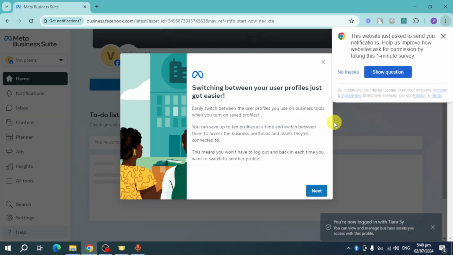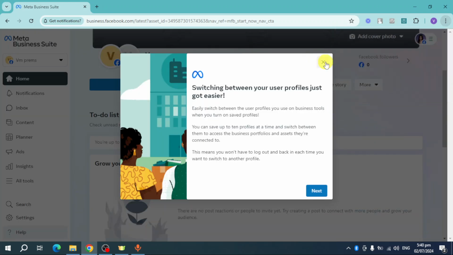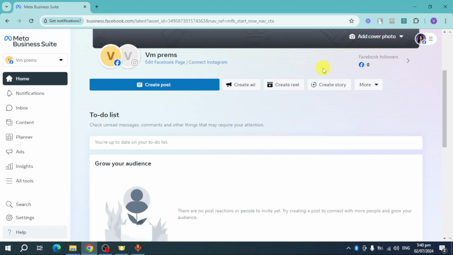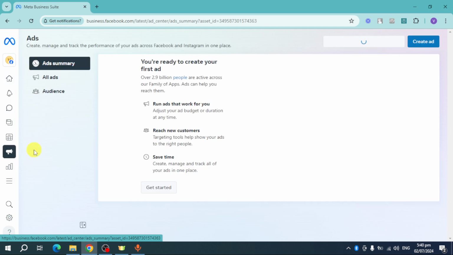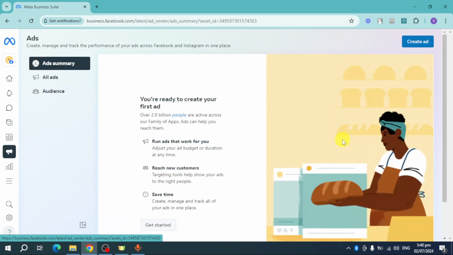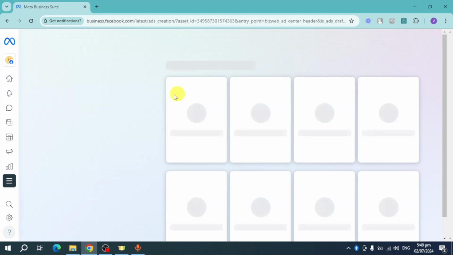So let's head over and then just try to locate the ads for this one. So here's our Facebook Business Manager. What we can do is we can see the ads here. Head over and click on that, and here you can see this. Click on this create ad, and then once you have done that, you should be able to see